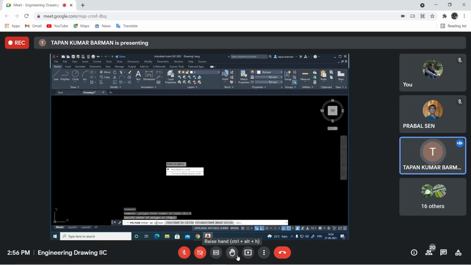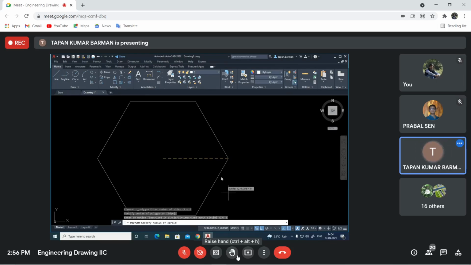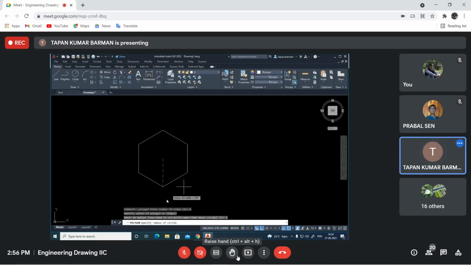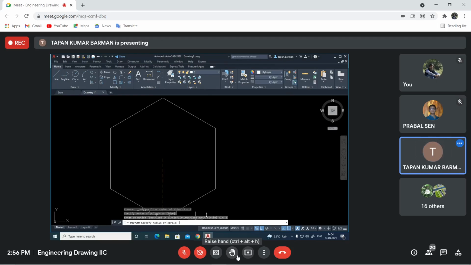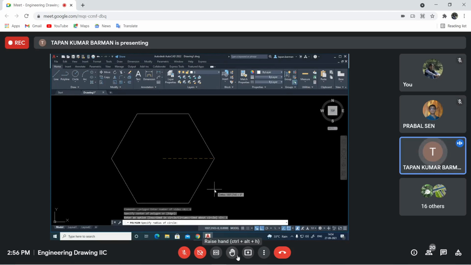Now it is asking to enter an option, inscribed in a circle or circumscribed about a circle. Say for example, I want to make the polygon inside one circle, so I am taking inscribed in a circle. I enter. Now see, specify radius of the circle. Suppose I am giving the radius as 25 millimeter.